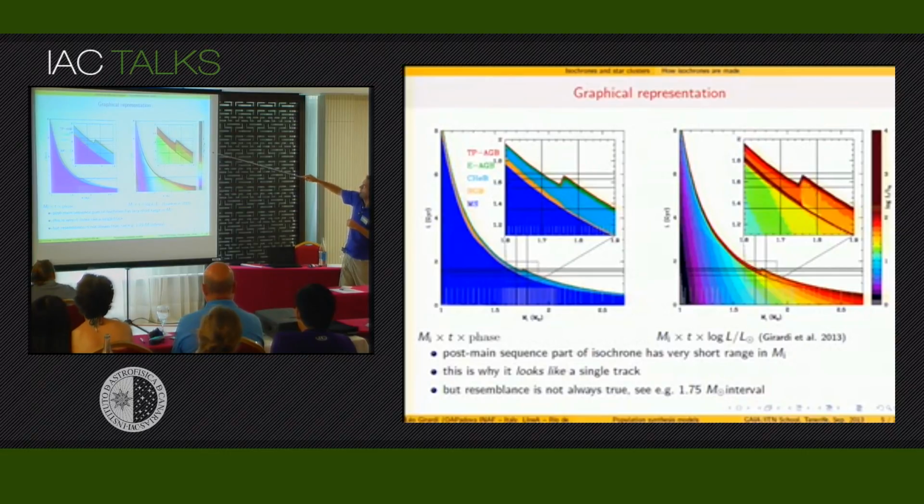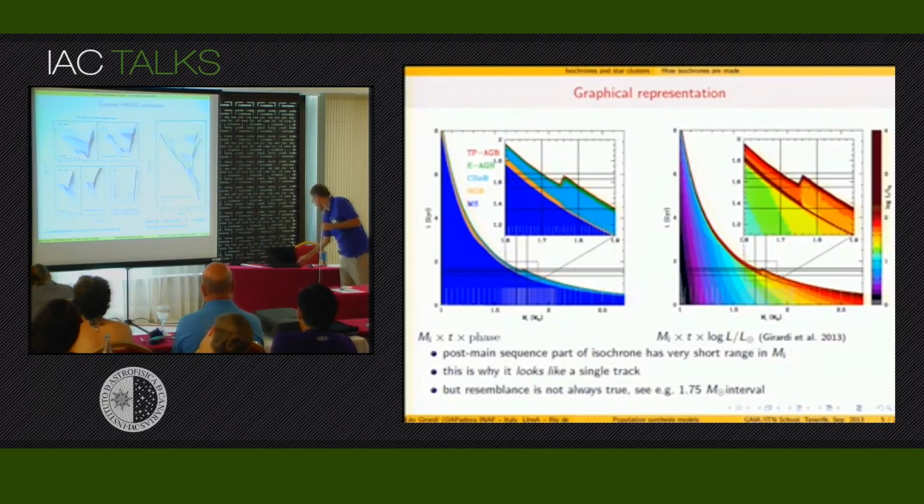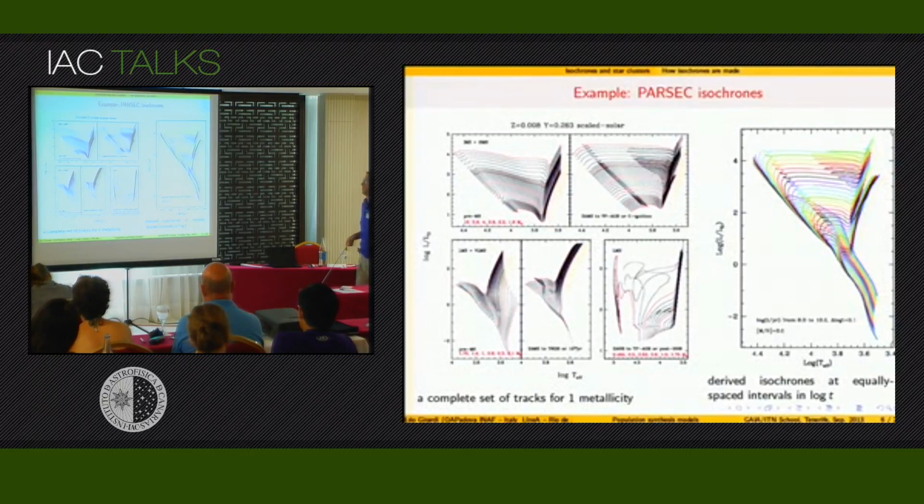In this plot, that's luminosity. Scale between logarithm of luminosity between 0 and 4. Yes. So, of course, the groups that are computing evolutionary tracks do this job of interpolating